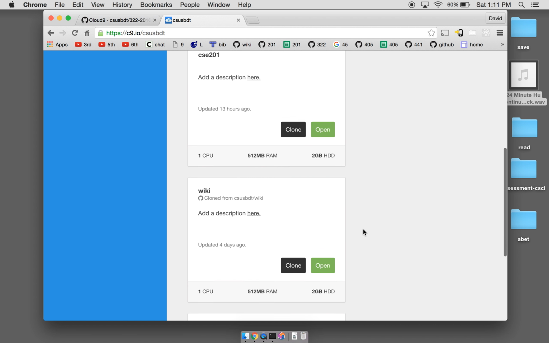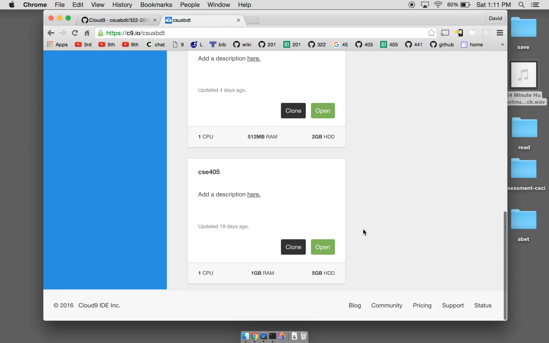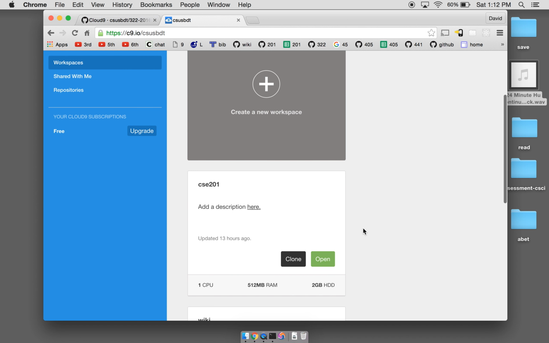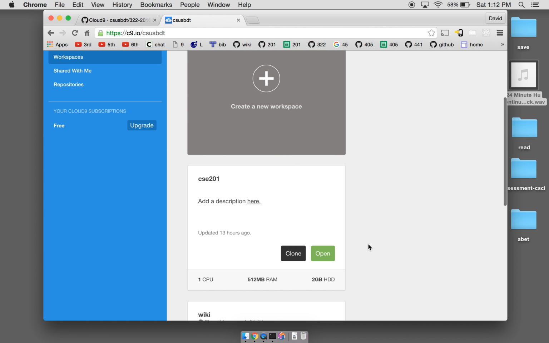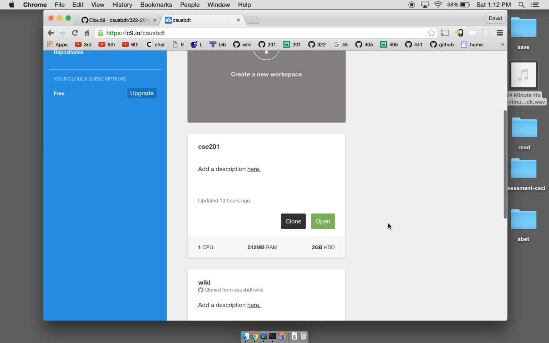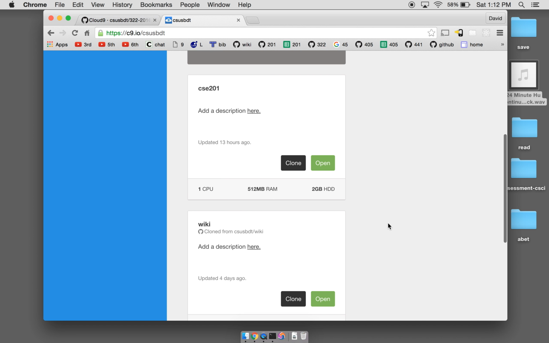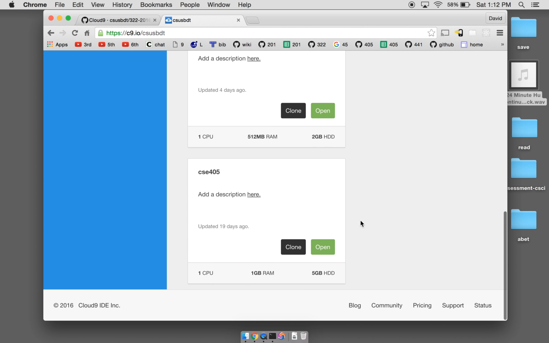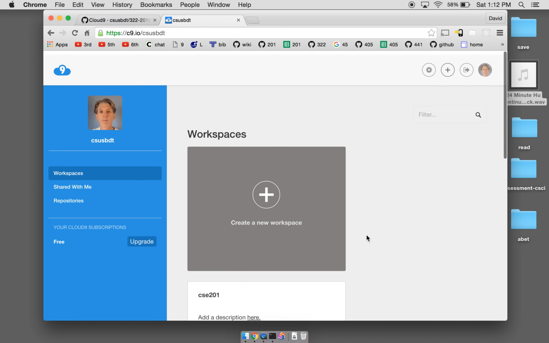It's good enough just to use the free version. And you can see here I have several workspaces. This is a workspace I'm using to teach 201, an experimental workspace here, and a workspace I'm using to teach 405. So we can create a new workspace,